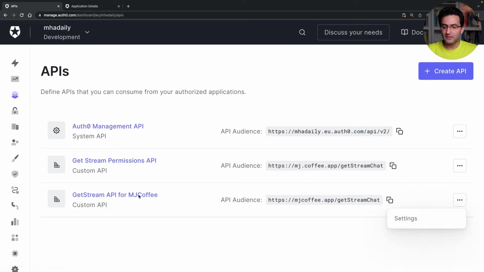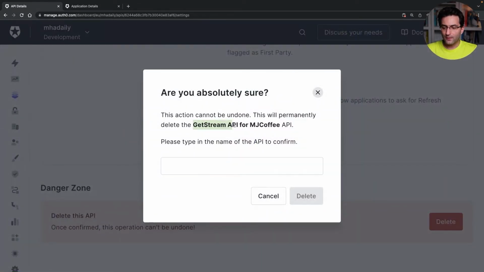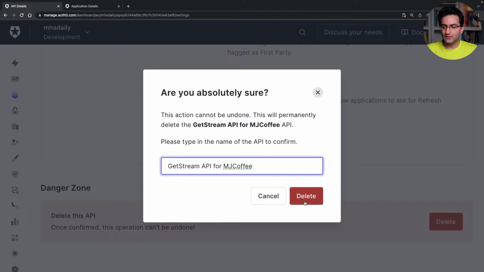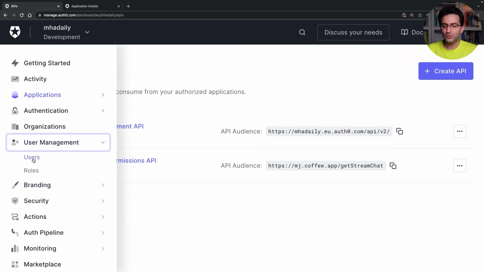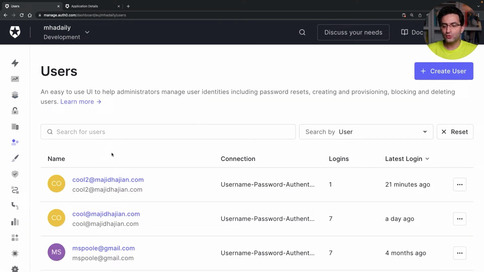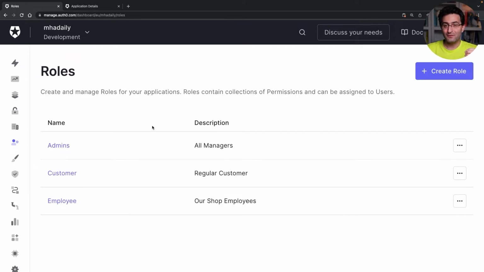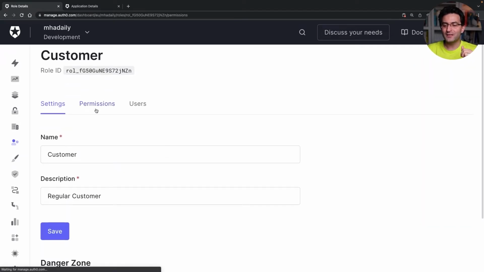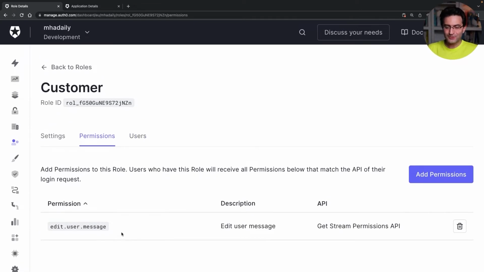So maybe I don't need the new one that I created. So I'm just going to go and maybe delete this one to just make it simple. All right. So that needs to go there, and I'm going to delete that. So now what we're going to do, we want to go to users, and we go to, in fact, roles. There is where everything is getting interesting. So now you go to customer, and now you define the permission for this customer. So in fact, the customer is only having an edit permission for